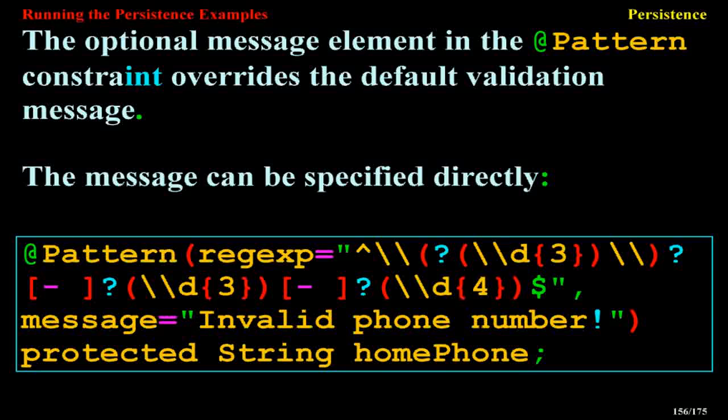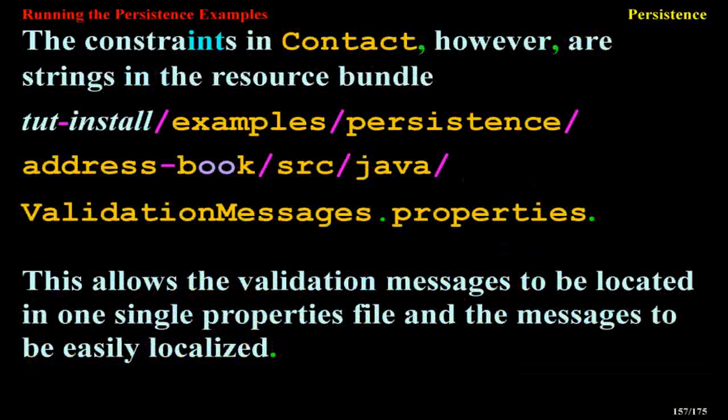The message can be specified directly. Pattern regexp equal D3, D4 $, message equal invalid phone number. Protected string home phone. The constraints in contact, however, are strings in the resource bundle tutorial install examples persistence address book src java validation messages properties. This allows the validation messages to be located in one single properties file and the messages to be easily